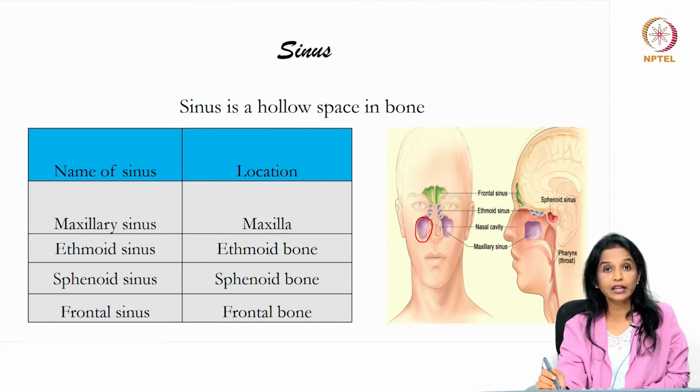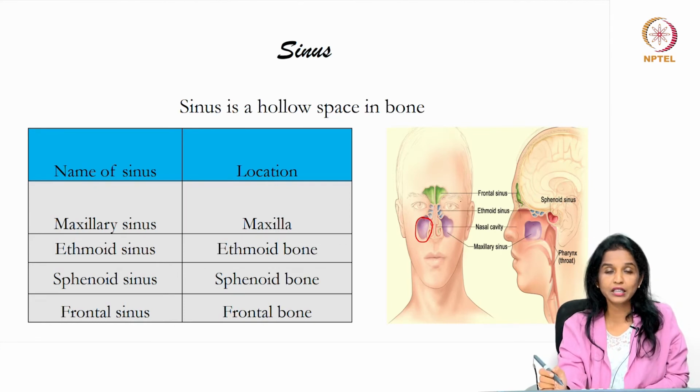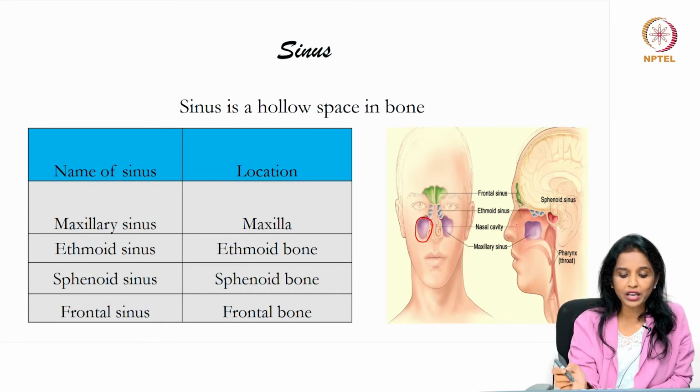Rarely they might get infected or inflamed. At that particular time there might be some inflammatory fluid inside them. Otherwise, normally if they are healthy, they are hollow and will contain only air inside them. So the functions being, they lighten the weight of the skull, and they also help in resonance of the sound which is being produced by the voice apparatus. So, how many sinuses are present?